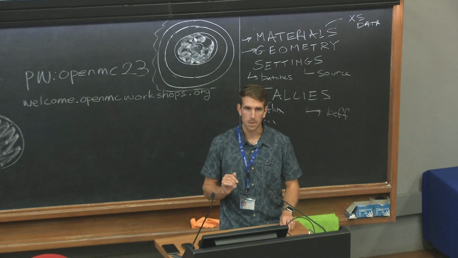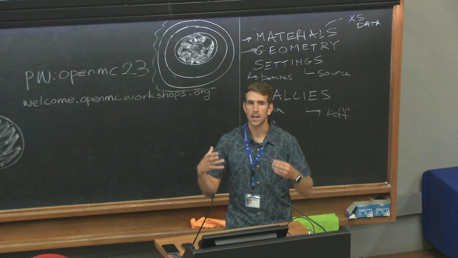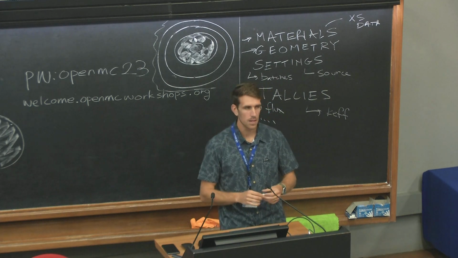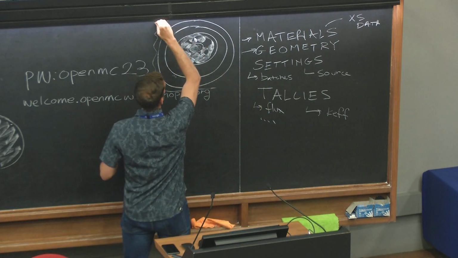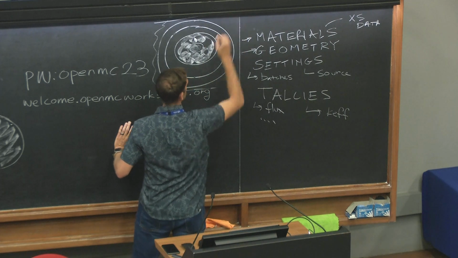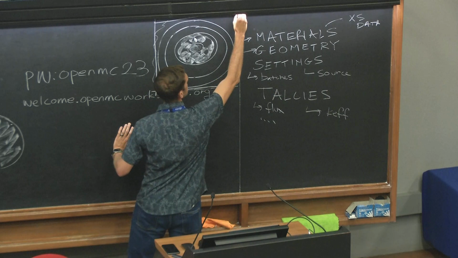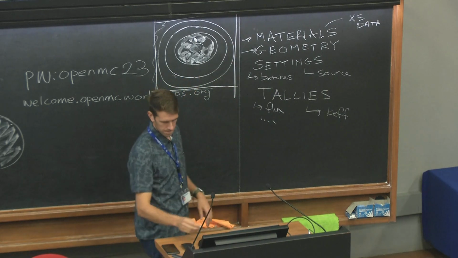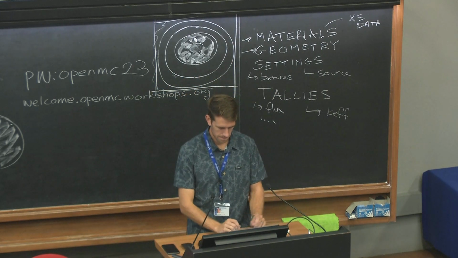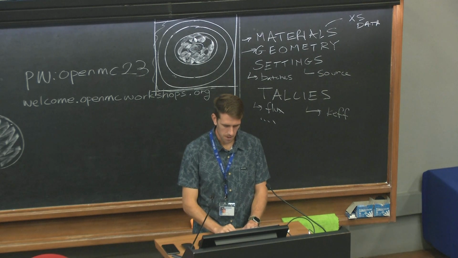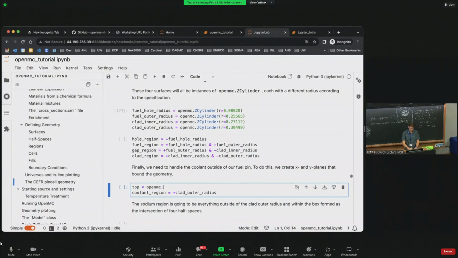And then, because we want to create some kind of finite bounded model that we can simulate, we're going to add some planes. We're going to add a y plane on top and bottom, and an x plane to the left and the right of this. Okay? Let's go ahead and do that. We'll just call the first one the top. It's going to be a y plane at y0 equals, so this means the y-intercept of this plane is